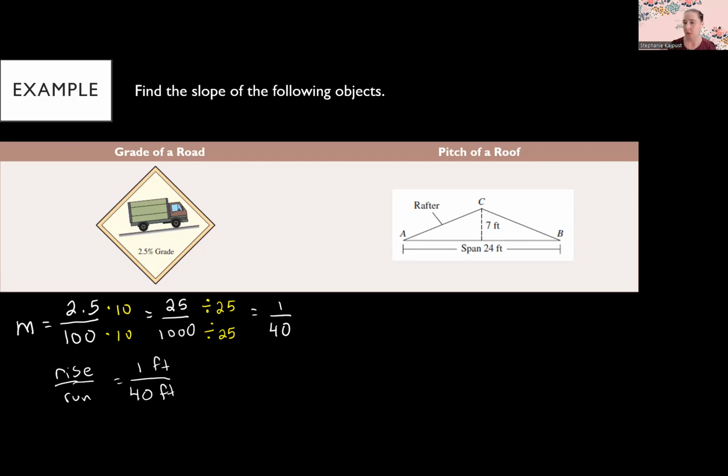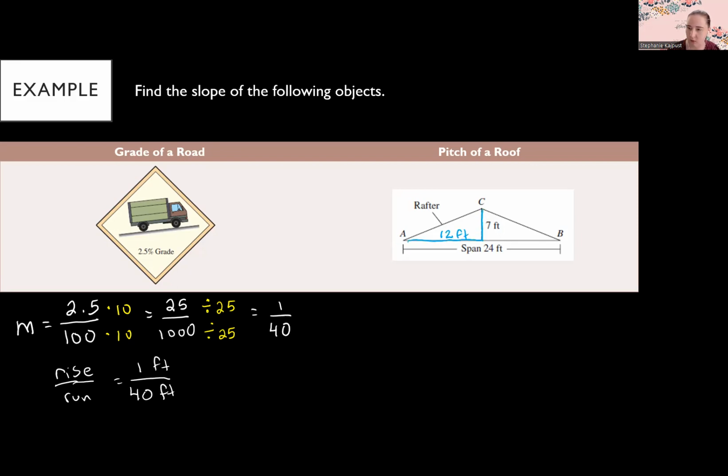And then pitch of a roof. We had another one with a roof, but in this case, we've got the middle height is 7 feet, and we know the total span. The way that roofs are designed is that you've got 24 feet. So that's in the middle. You want the pitch, the highest point of the roof, to be in the middle. So that means our distance here is 12 feet